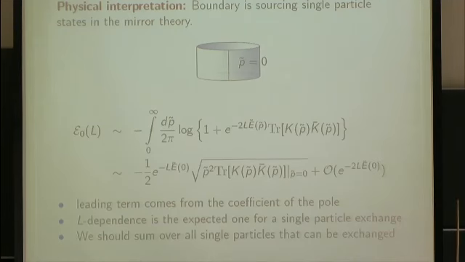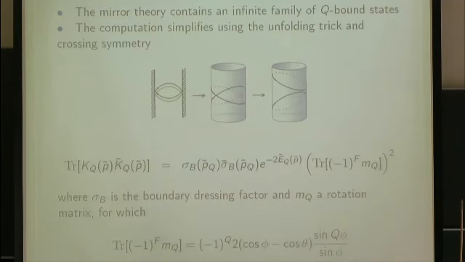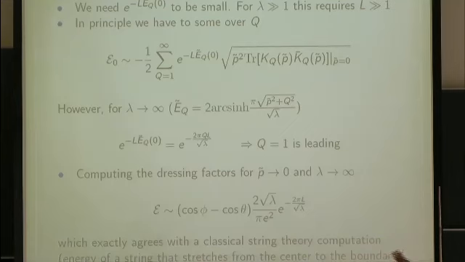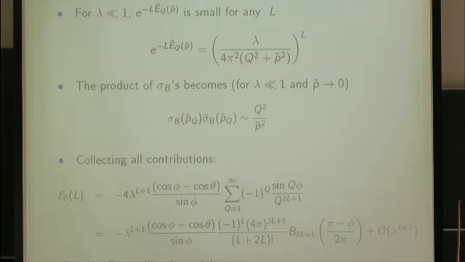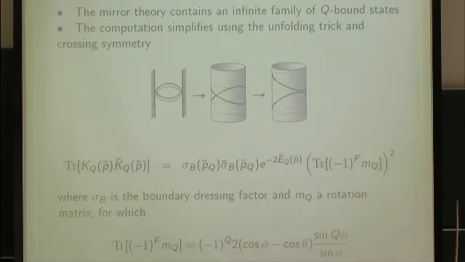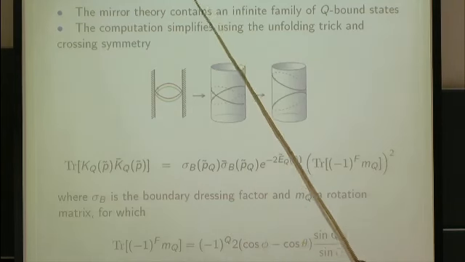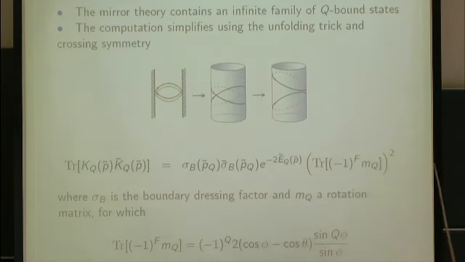So let's just go to, I mean, those, again, this is also very general. So this was known, at least for relativistic theories. So let us compute. For this Lüscher correction, the only thing we need to know is the trace of this product of two analytic continuations of our reflection matrices.